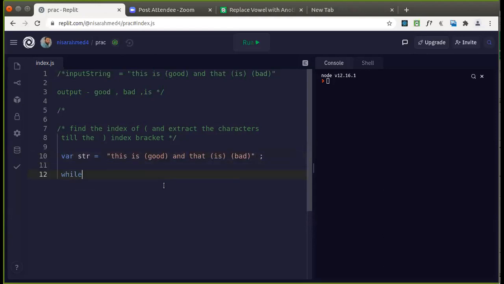Good. So we have to iterate. How many times, we don't know. So we'll iterate multiple times with while true, infinitely. Then based on certain criteria, we'll terminate that one. Yeah, good. So let's take here